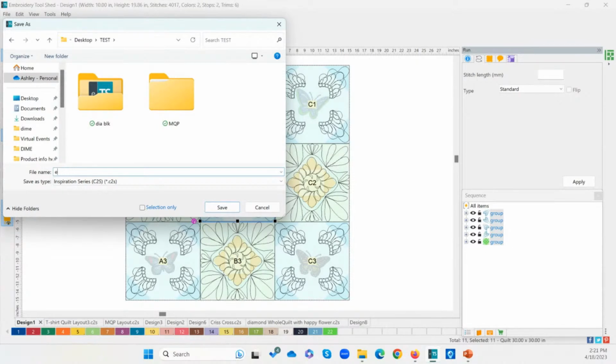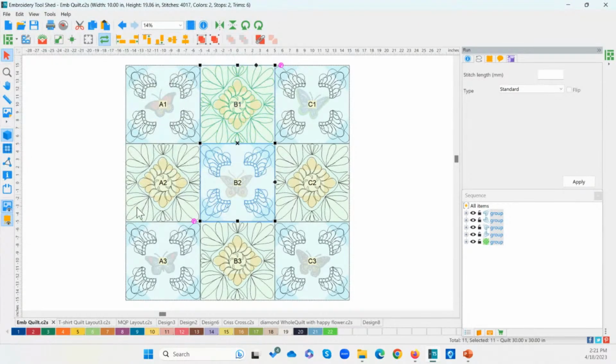And, oh, I've got my caps lock on. Don't you love that? Embroidery quilt. And make sure that you do this first save as a C2S. Remember, that's the format for our software, Dime software. This is the native format. So save this first save in the native format. That's so we can get back to this layout if we close it, okay?